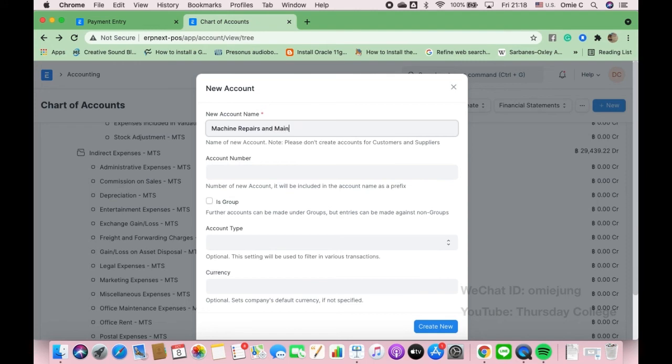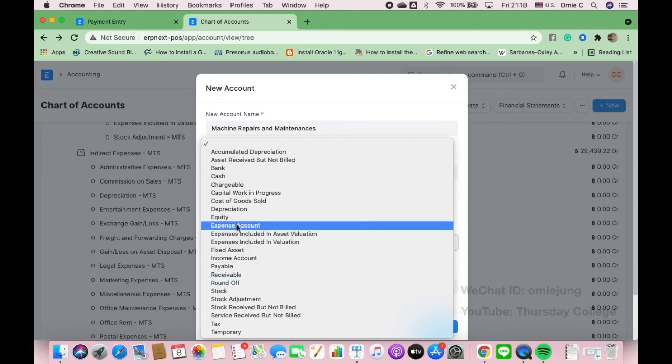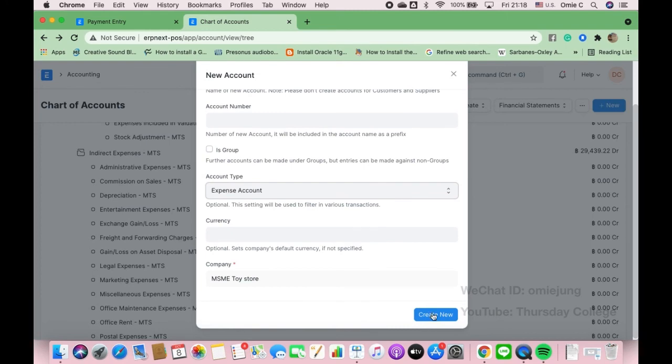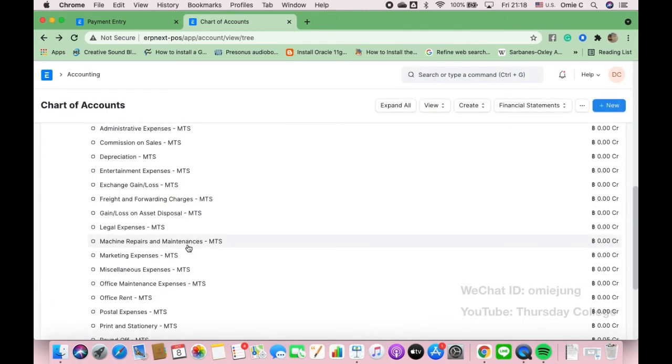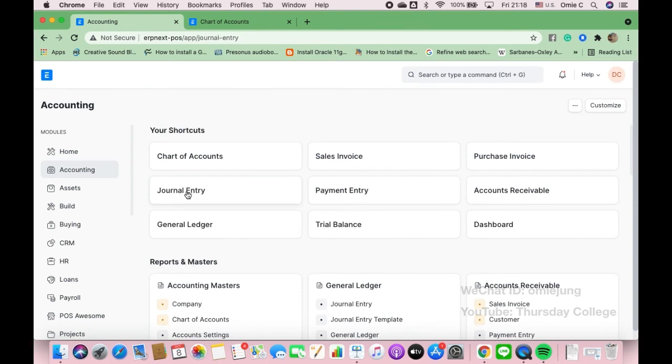and maintenance here. The account type is going to be expense, like this. Okay, and then just create new, so the machine is going to come under the indirect expense. What we are going to do is very simple, we go back and then we do the journal entry